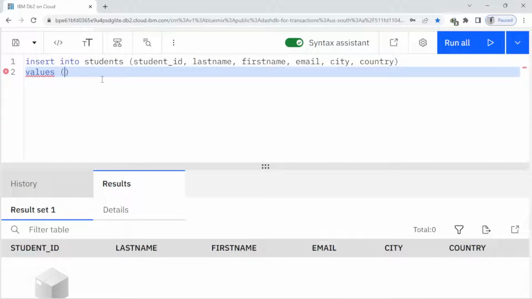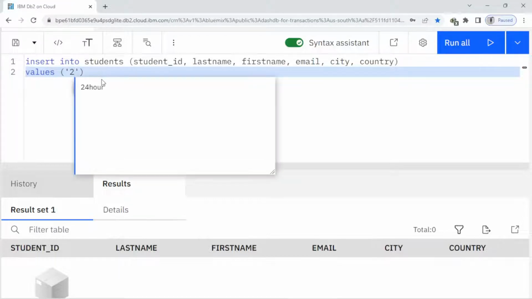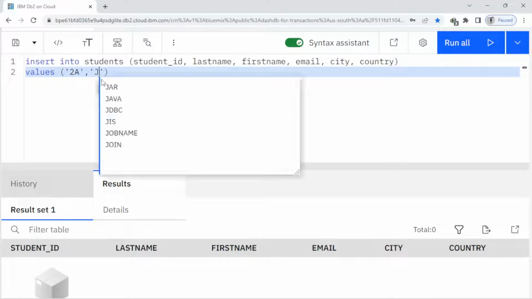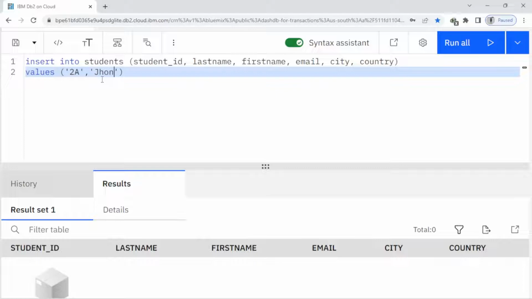So the next one I have to write the values here, values, bracket. So now whenever I write strings, I have to put them in quotation marks. So for student ID, I should put a quotation mark 2a, comma, quotation mark, last name, for example John, quotation mark, Zoe,